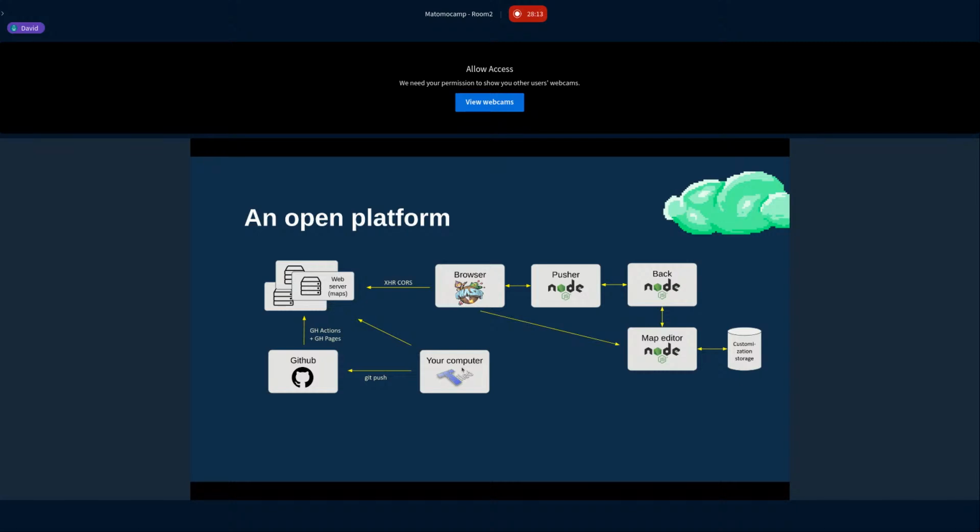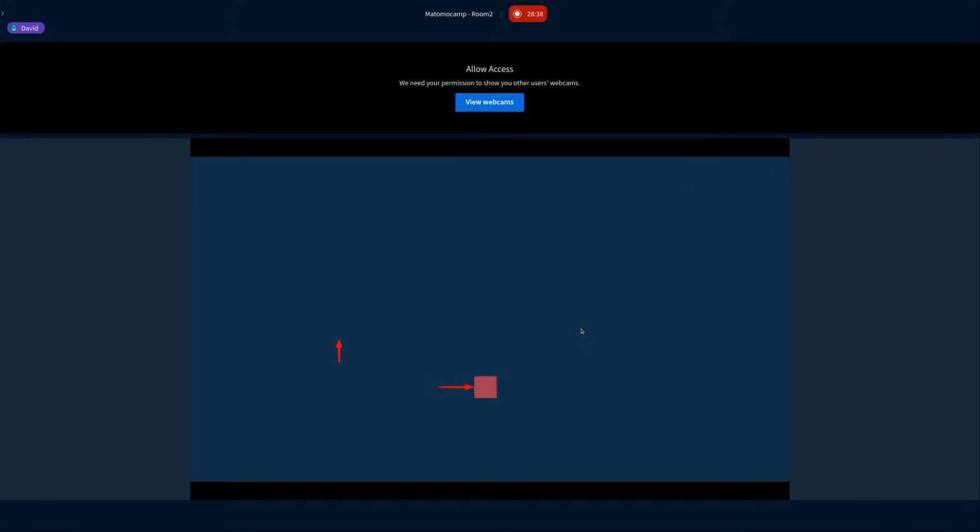If you are going through GitHub Pages, you push your map on GitHub, and GitHub will deploy the map automatically on a web server. And when your visitors come and they are in the browser here, the map will be loaded from wherever it is on the web. And only the customizations, so the location of the objects, is going to be loaded from the Work Adventure server itself.